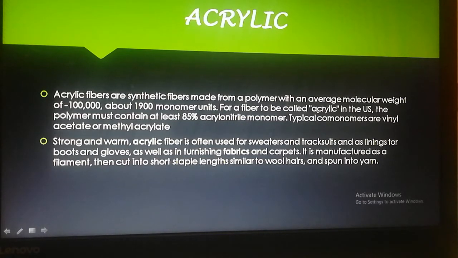Now some disadvantages of synthetic fibers are also there. Synthetic fibers repel moisture or sweat. In other words, they do not allow our skin to breathe. Not only are they uncomfortable, but they also have negative health effects as our body uses the skin to eliminate toxins through sweat.